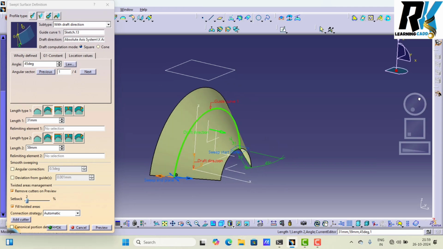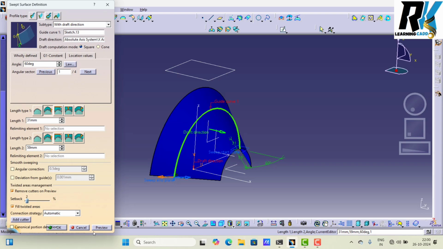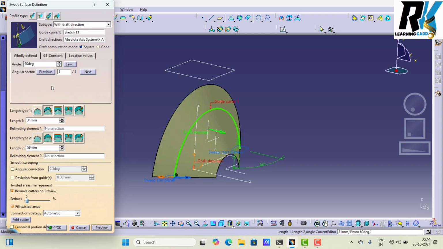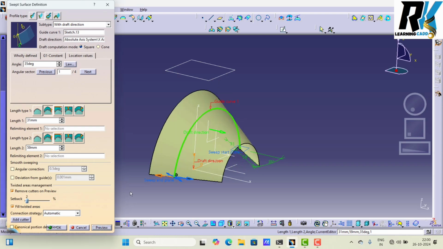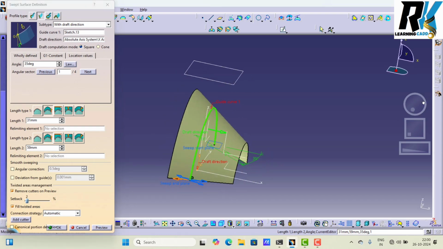Understand? So this is curve, this is draft direction. Now here we have angle, so we can choose angle. We can decrease this angle. Okay, so this way we can make.